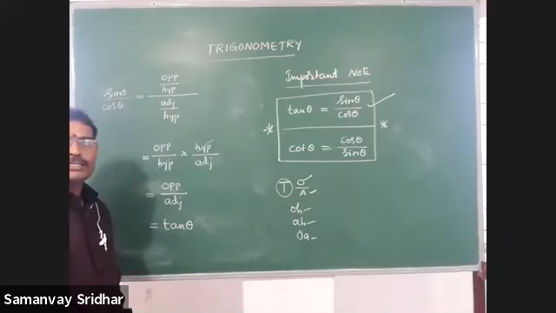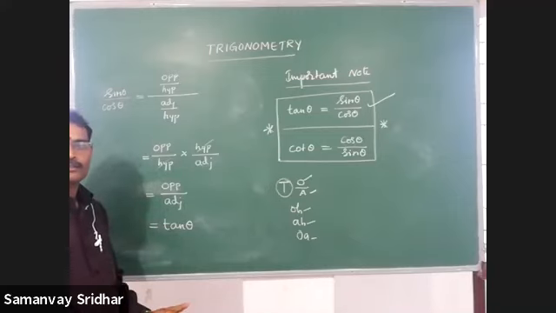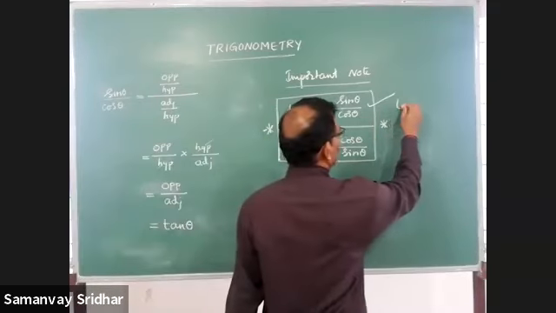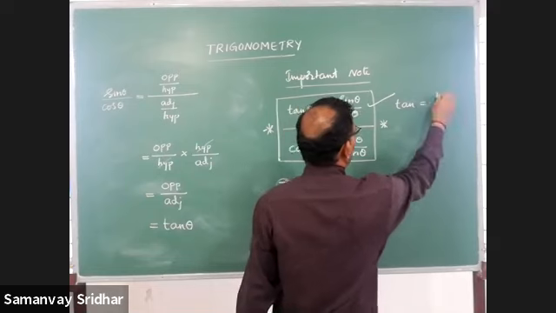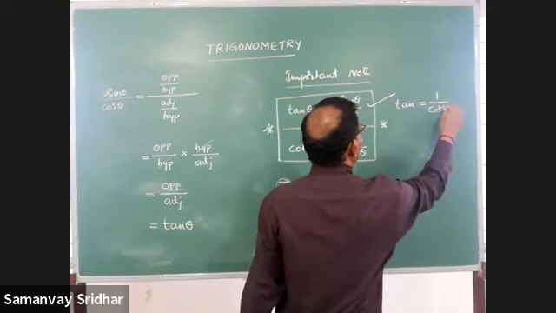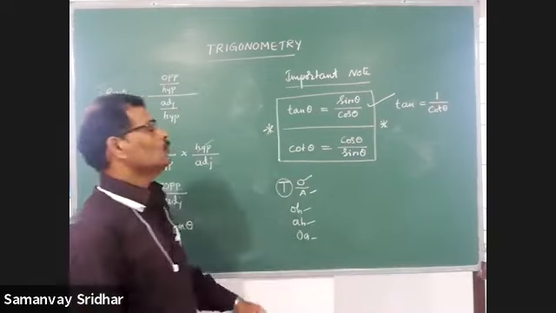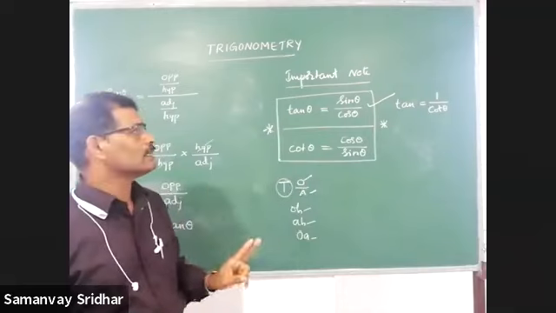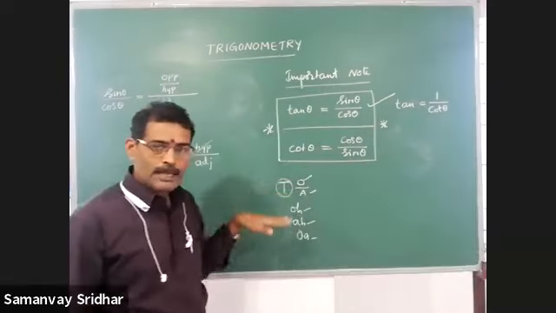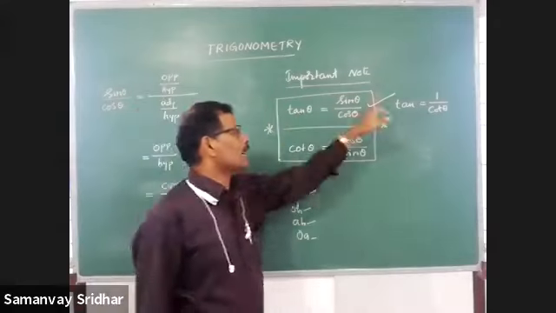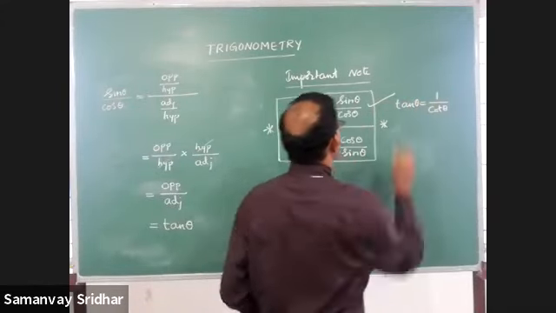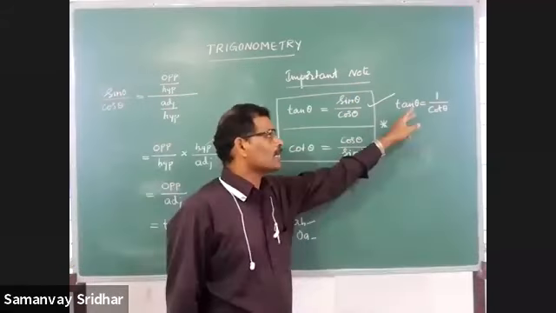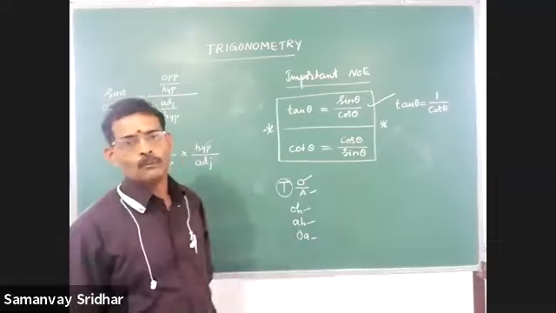So therefore, tan theta is not only 1 by cot theta, tan theta is also sin theta by cos theta. You know that one more way of the reciprocal form. That's what tan theta can be done as wherever it is necessary, there 1 by cot theta, and also wherever it is required there you can write it as sin theta by cos theta also. Therefore, I can say that tan theta can be written in two forms. One is tan theta can be written as sin theta by cos theta. Then tan theta can be written as 1 by cot theta also.